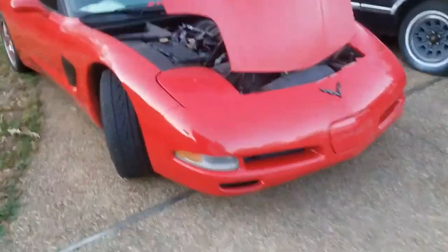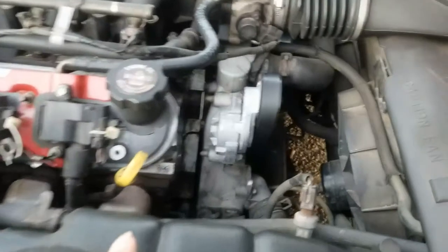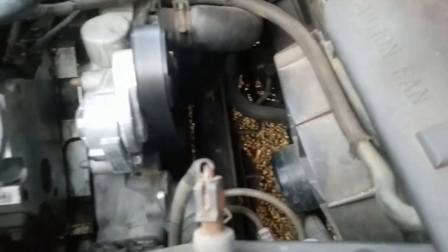Alright, so back. Car drove fine. Didn't start taking anything apart today. Ended up having to go to more stores than I wanted to and ordering some stuff. So I got